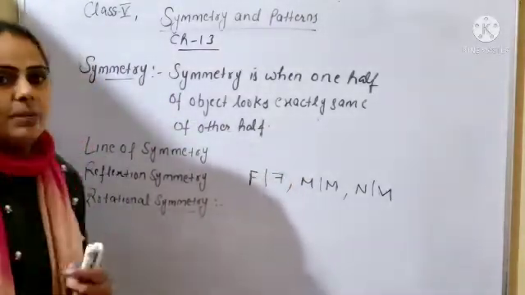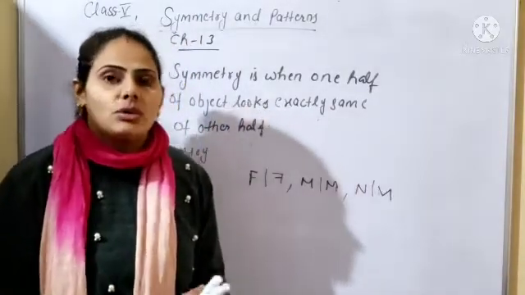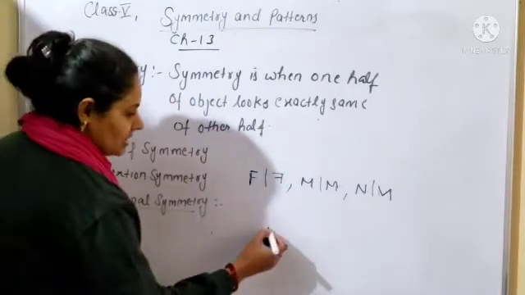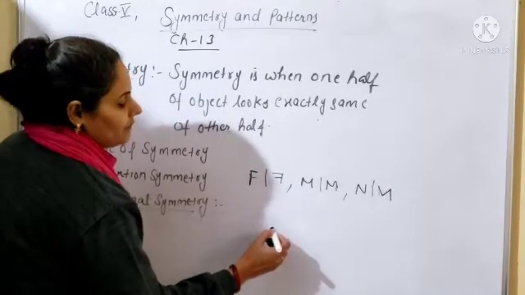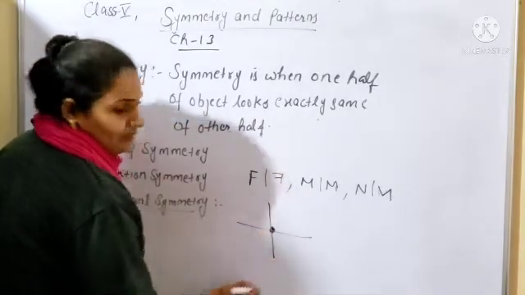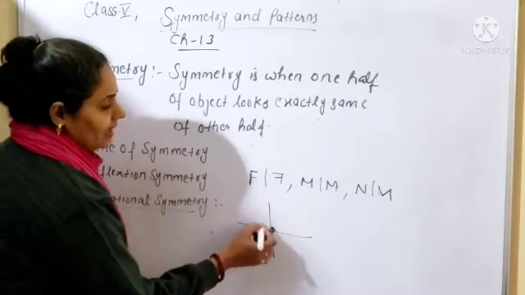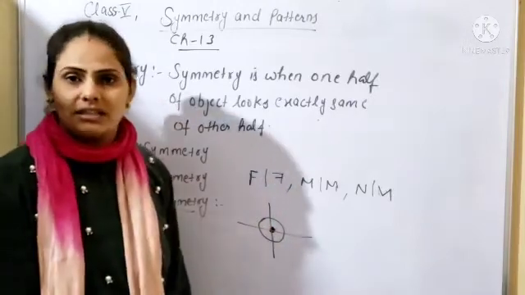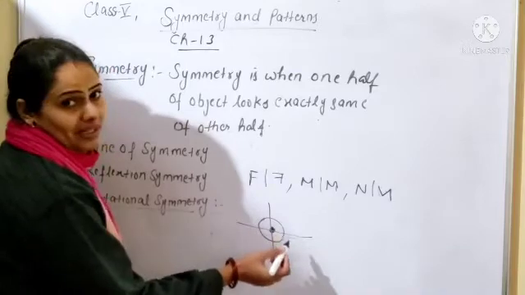After that, the next topic is rotational symmetry. So what is rotational symmetry, beta? Rotational symmetry means rotation, and rotation means turning, and how many rotations there can be. For example, you have a point, and at this point I am drawing two lines, one vertical and one horizontal line of symmetry. And you take a complete round of rotation. It means how much angle do you get? 360 degrees. But when you divide it into two parts, how many turns are there?